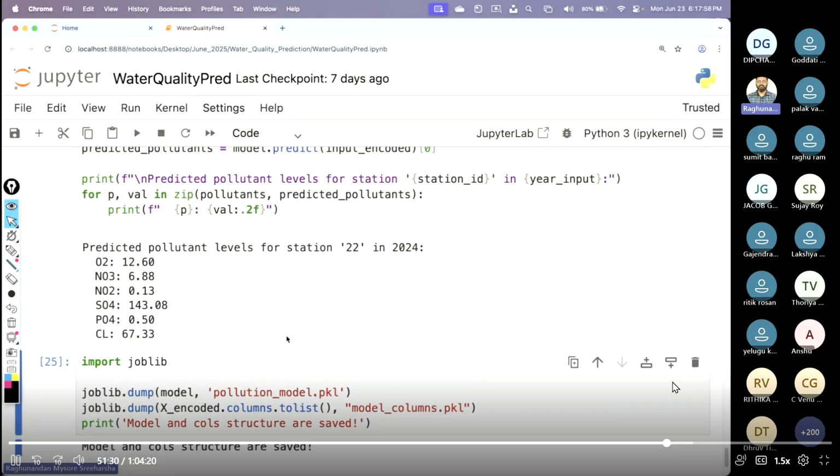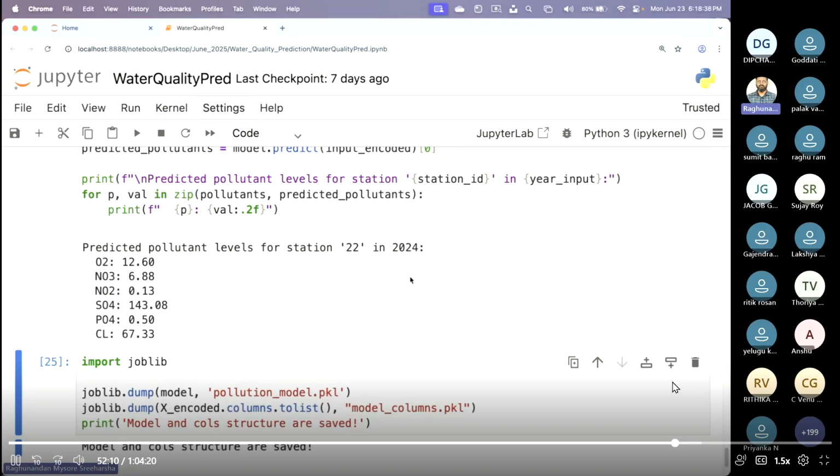Okay, so I think I can take some questions here. If anybody has any issues or anything that you want me to repeat, I can do that. Anyone, anything? No, try to create it in the same file. Okay, so try to create it in the same file as I did, week 1, week 2, everything is in the same file. Okay, but if you want to say, sir, I want to specifically mention how my training went in week 1, week 2, week 3, then you can do that. Okay,